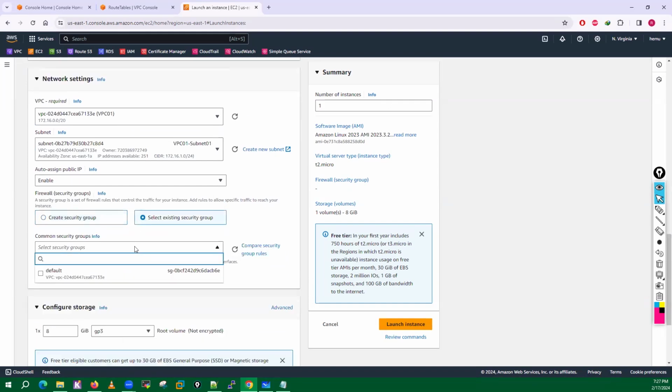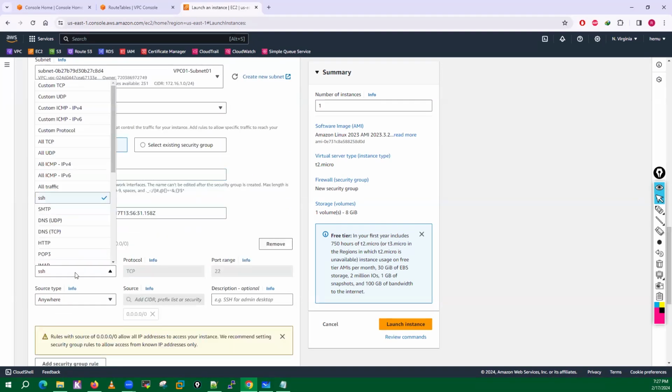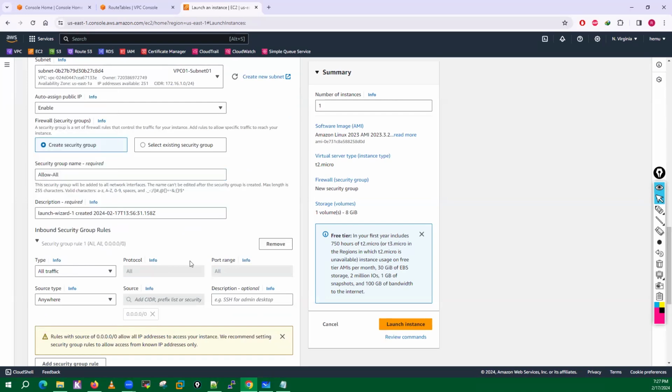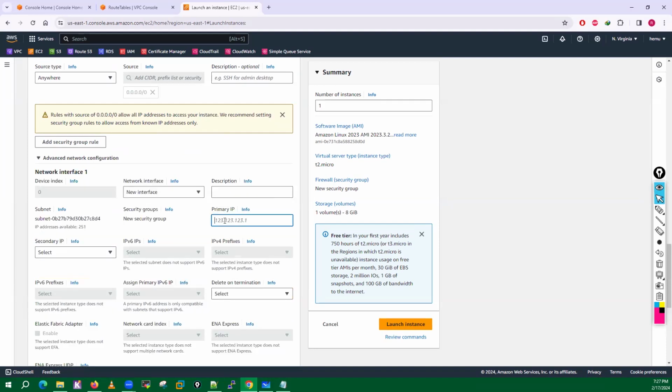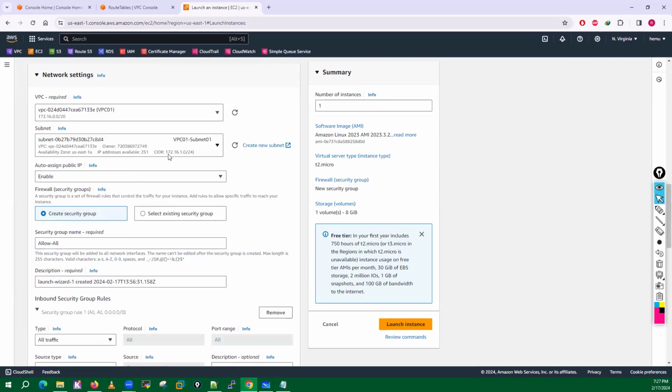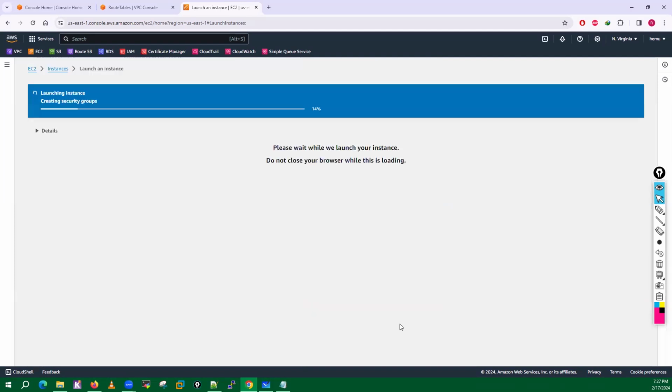Security group: let me create one security group which allows all traffic. And the IP address is 172.16.1.100. Let me use this IP address because I'm using the same CIDR, right? Go ahead and create.